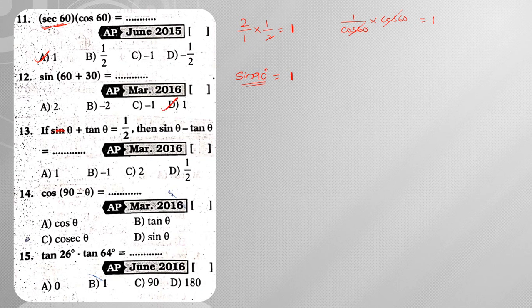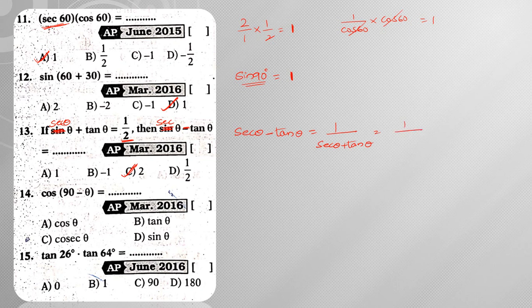Next, this is not sine, it is secant. Right, so if secant theta plus tan theta is equal to 1 by 2, then secant theta minus tan theta is equal to? So secant theta plus tan theta is equal to half, and then secant theta minus tan theta. So already we know that when you have the plus, and you are asked to find the minus one, simply reciprocate it. Hence the answer is 2. Or simply we can say secant theta minus tan theta can be written as 1 by secant theta plus tan theta.